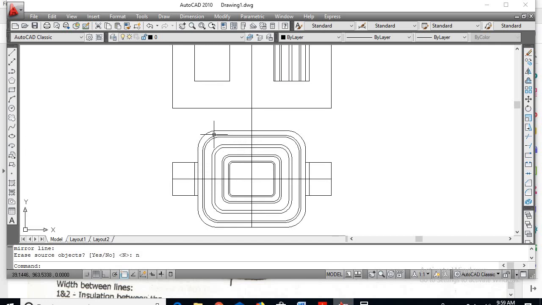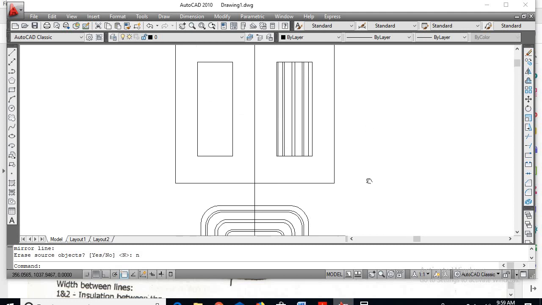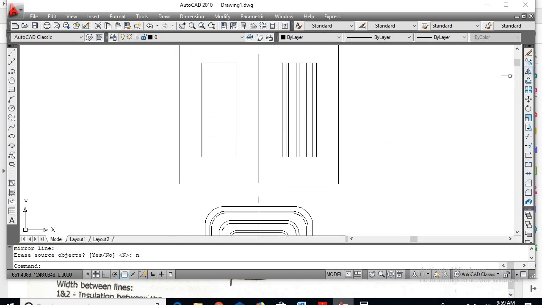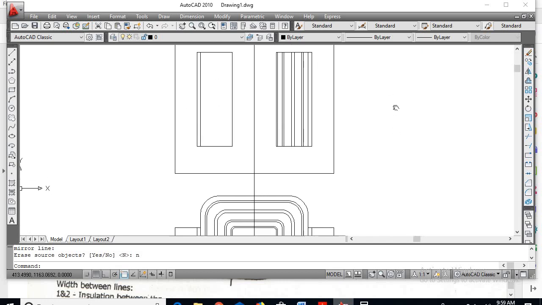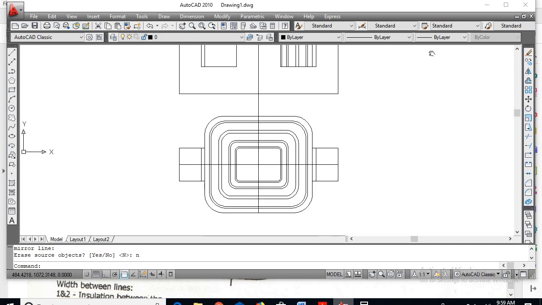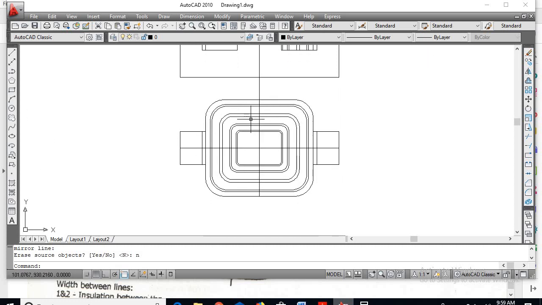Since here it is a cut sectional view, only half part can be shown, another half part is an uncut section. So we'll go for mirror, select this line, enter. I'll select between these 2 points. Say no, because the windings will be covering up to this point and you can see this gap. Okay, so this is with respect to elevation. So here it is a cut section. I cannot see the winding. I can see the duct space here. I cannot see these lines. Okay, so select these lines.